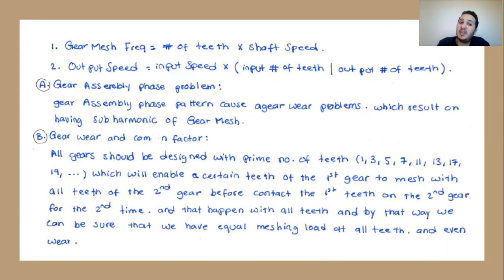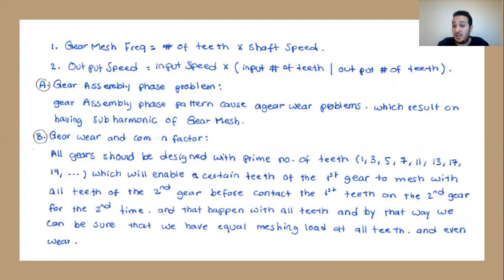Also, you have something called the gear assembly phase factor. The gear assembly phase factor is a pattern which causes gear wear problems and results in having some subharmonic components of the gear mesh. The gear wear and the common factor: all gears should be designed with prime numbers of teeth, like 1, 3, 5, 7, 11, and so on, which will enable a certain tooth of the first gear to mesh with all teeth on the second gear